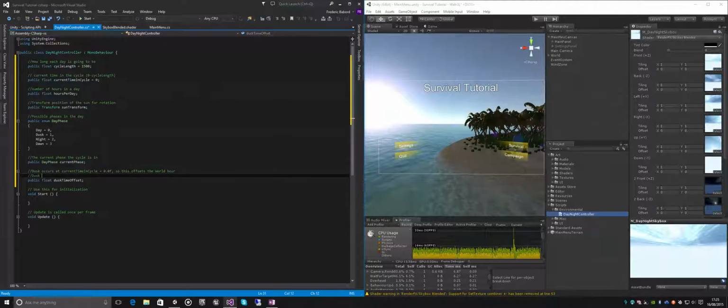Dusk occurs at a specific hour. A value of 3 results in